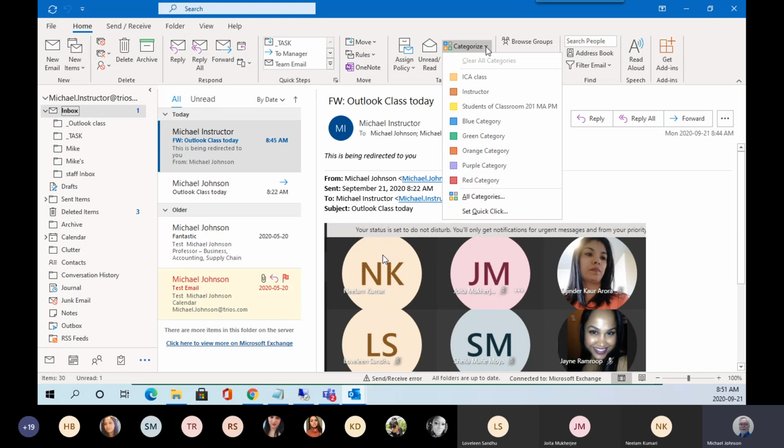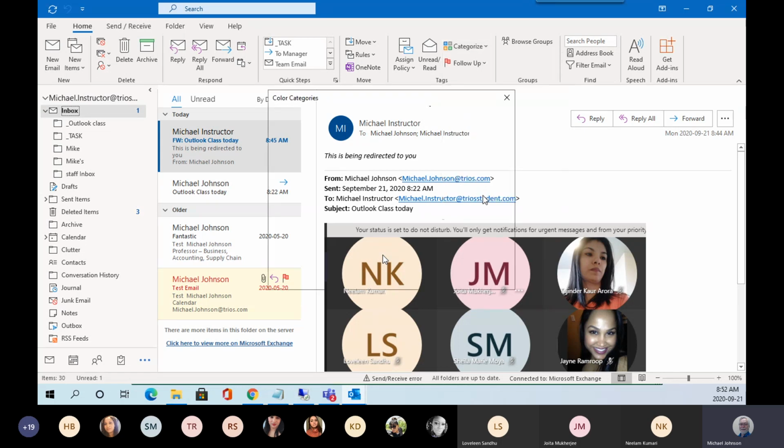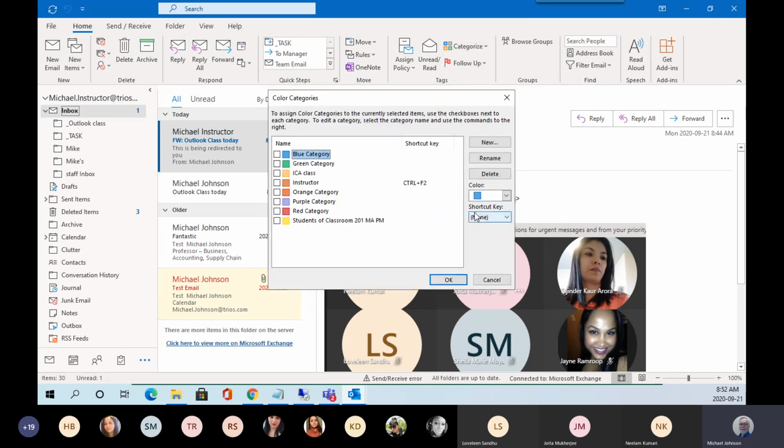So if, let's say, I have 100 or 200 emails come in per day, which is basically normal, then I want to be able to have a strategy that allows me to sort through them very quickly. And one of the things I'll do is just simply put in a color. Well, I don't have anything for this particular one, so I'll just go in here, all, and now I can create one. So I'll create new,